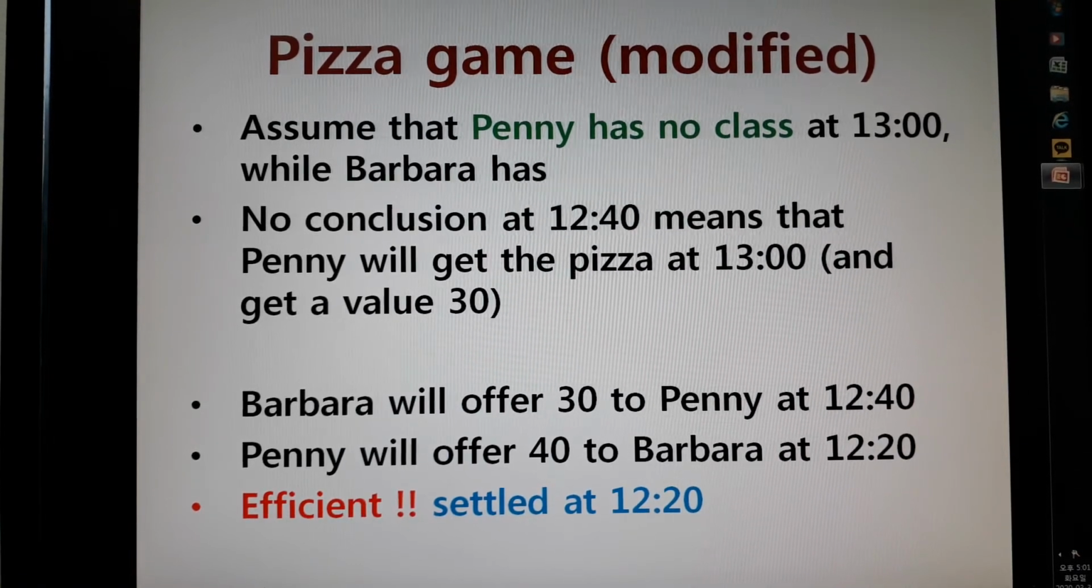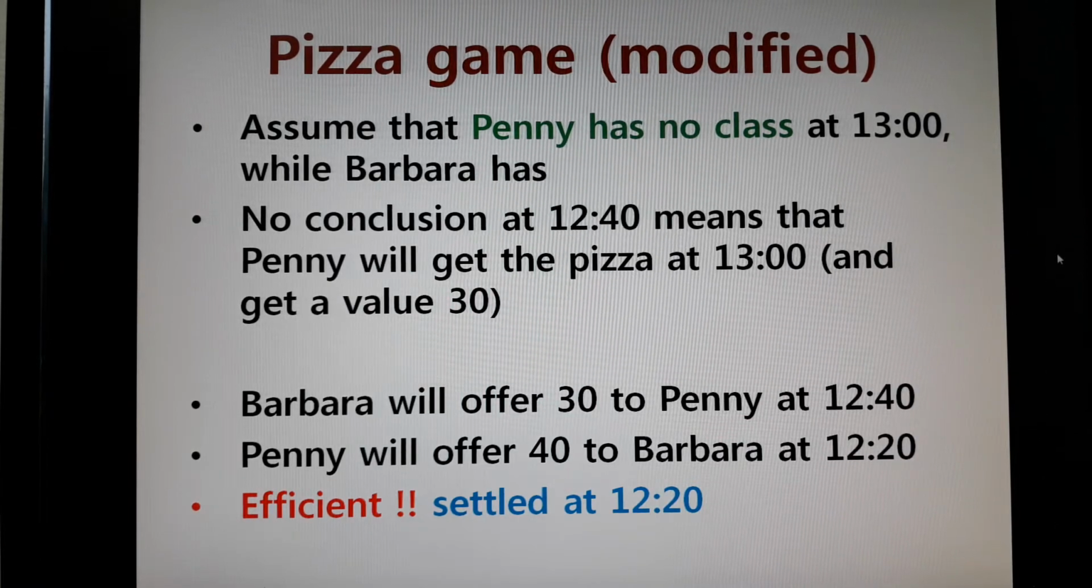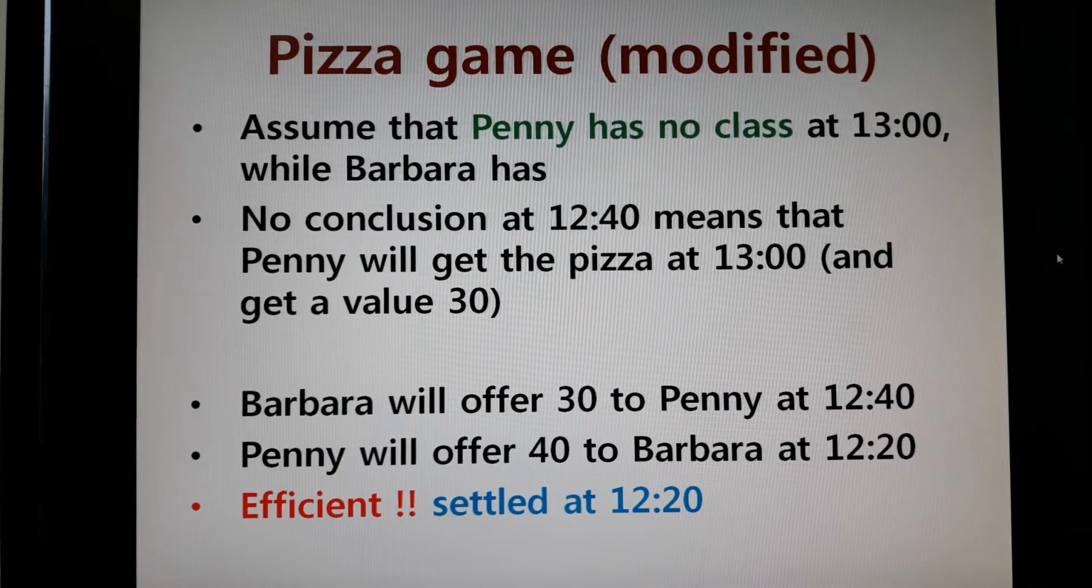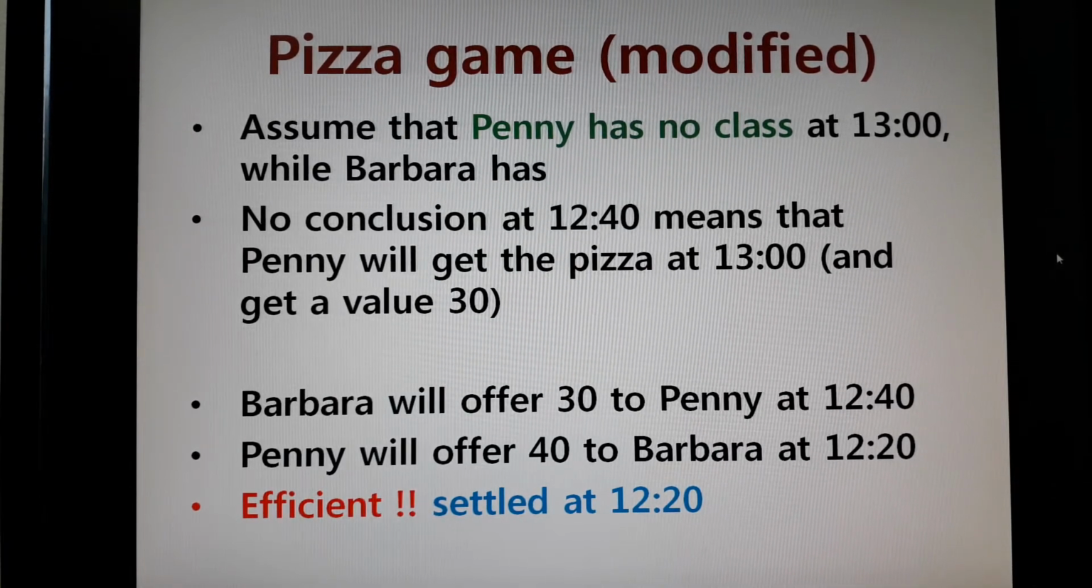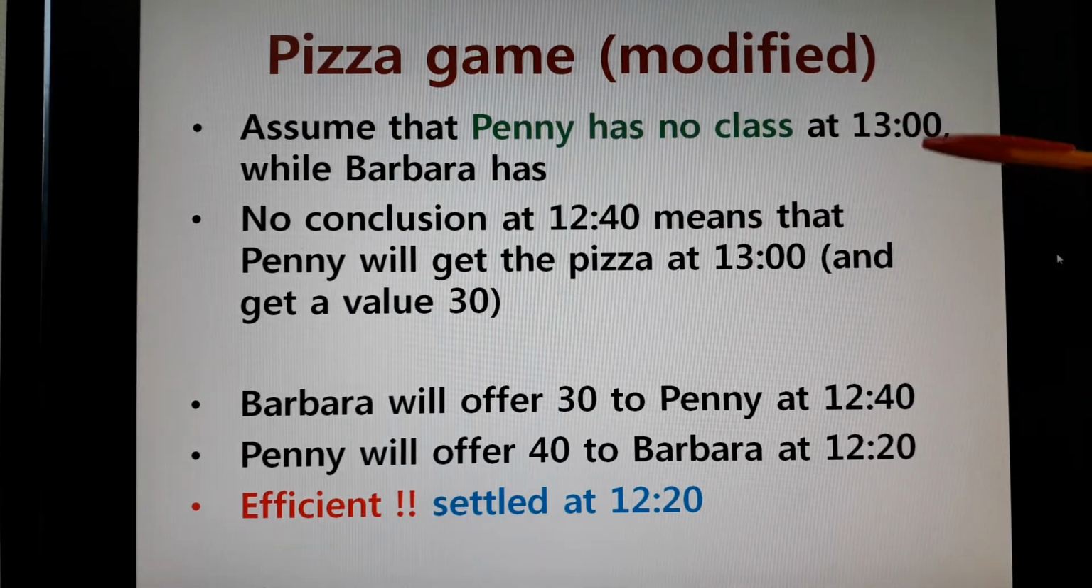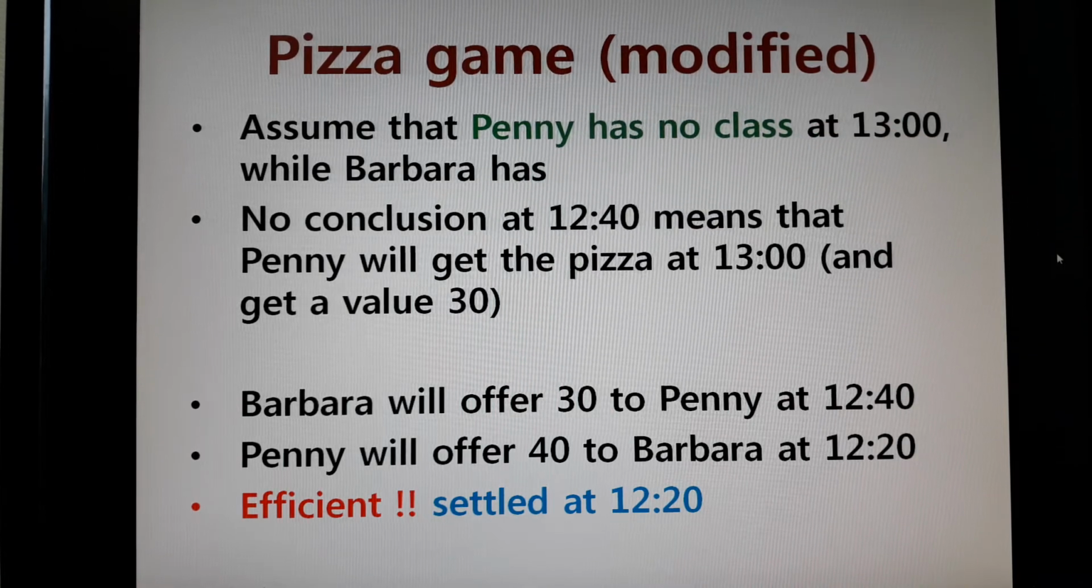Okay, we are gonna continue from lecture 19, and this time we are gonna modify the pizza game a little bit. Everything is exactly the same as the previous game, except for the fact that Penny, as well as Barbara, used to have a class at 1 o'clock, 1300. Now, we are going to assume that Barbara still has a class at 1 o'clock. However, Penny does not,